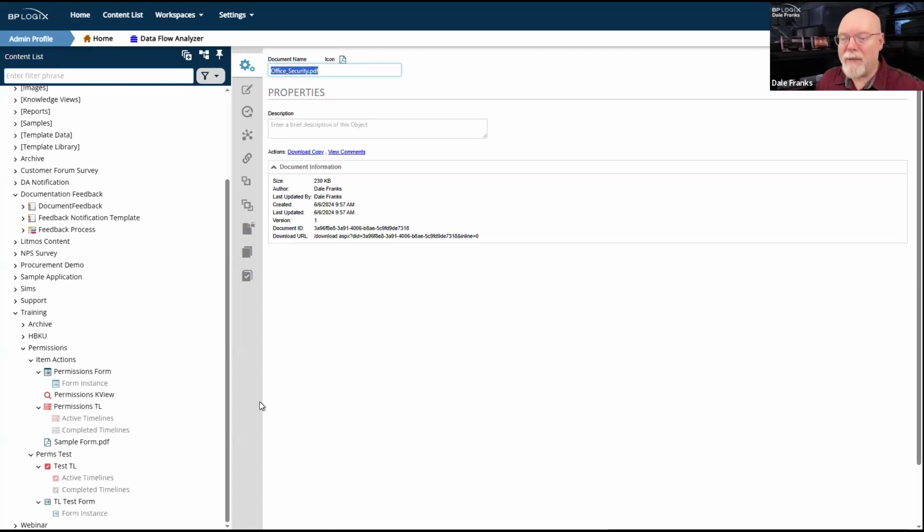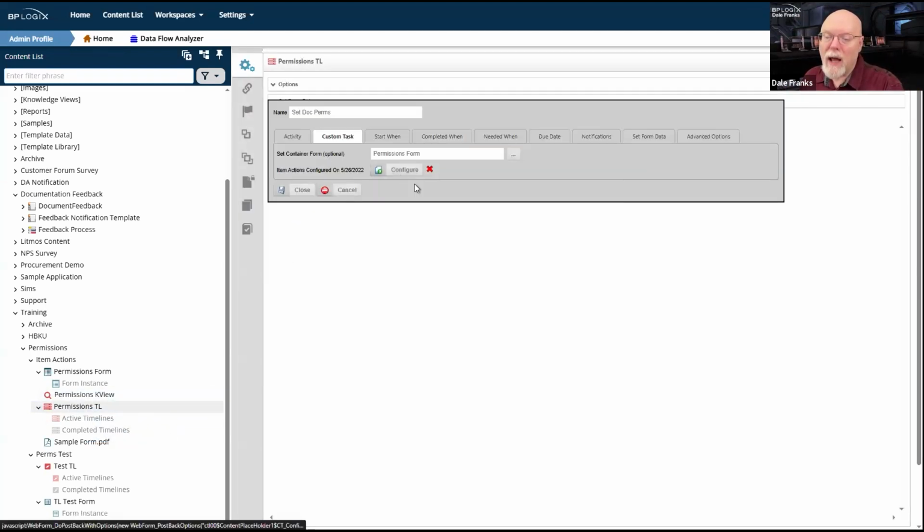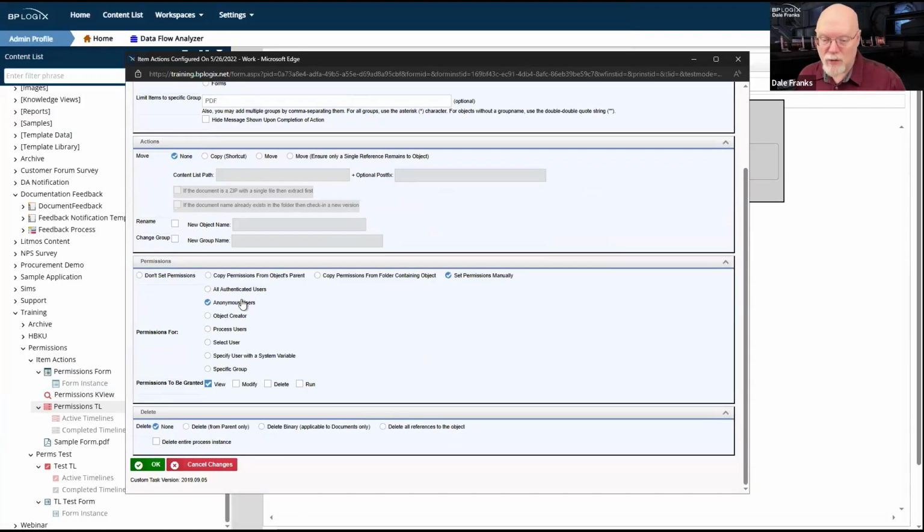But if I have authenticated users that might be interested in doing some things that I don't want them to do, that would open up a security hole by using that item actions custom task. I set anonymous users here, and that's probably not going to cause any major heartache for an anonymous user to get into your system and do anything. Technically, you shouldn't be setting that permission, but the other obstacles for an anonymous user to get to your system and do anything are